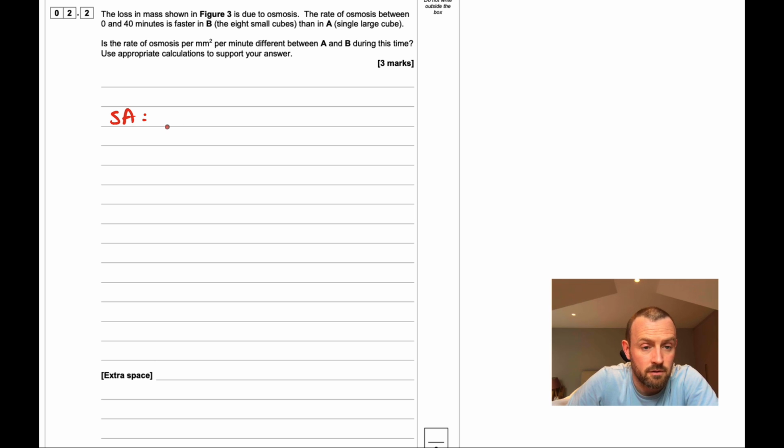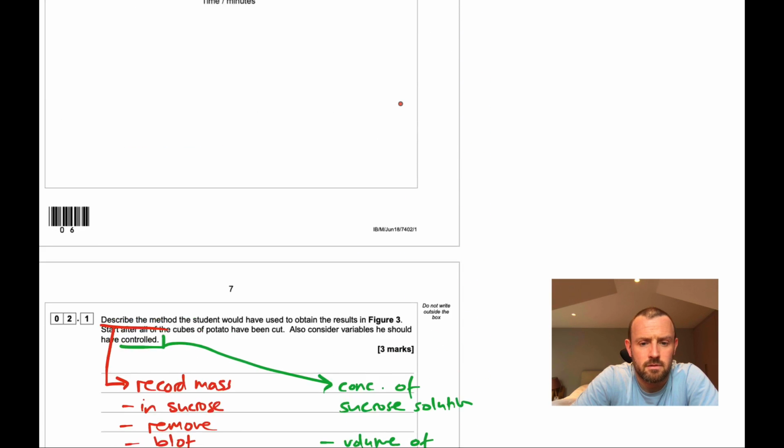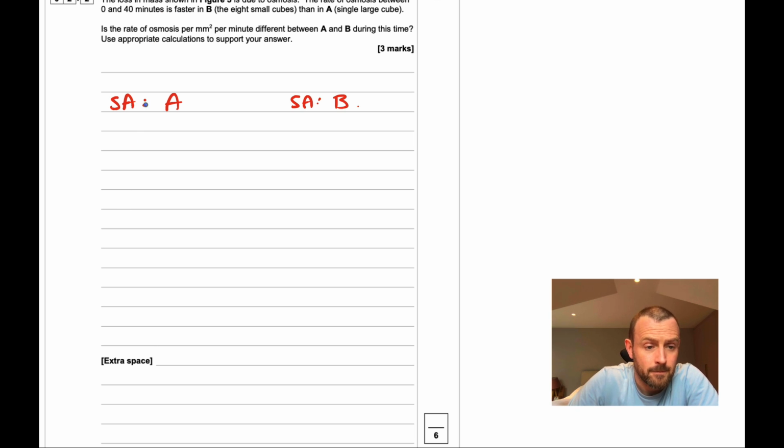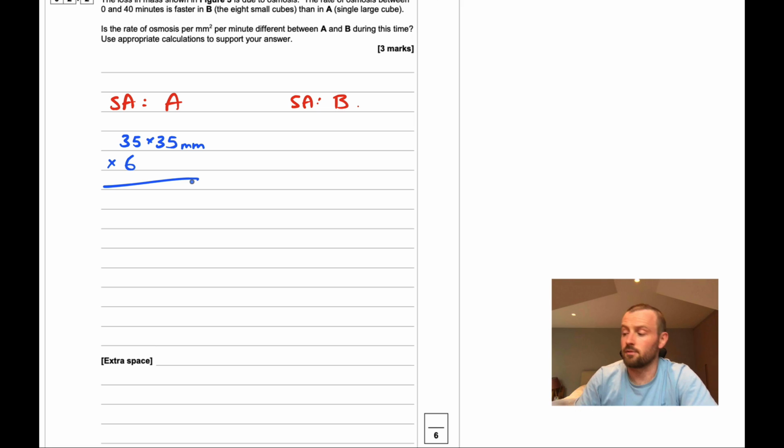Surface area of the big cube and surface area of the 8 little cubes. Okay, the big cube is 35 millimeters squared times 6. So the big cube is 35 times 35 millimeters. That's one single face, and the whole thing is times 6 because there's 6 faces of the cube. Is that right? Yeah. So let's do that on my calculator real quick. 35 times 35 times 6 equals 7,350